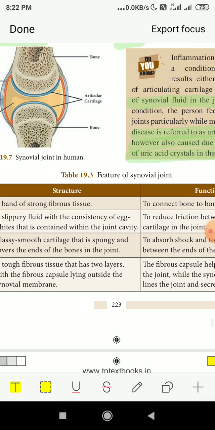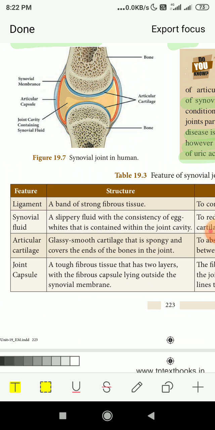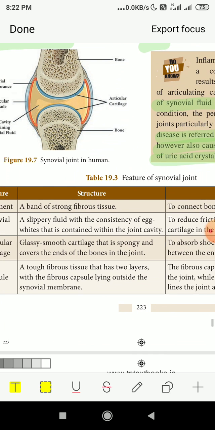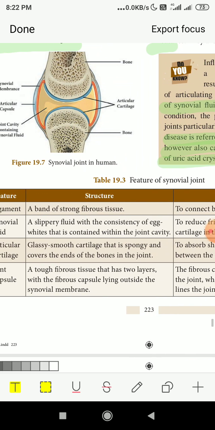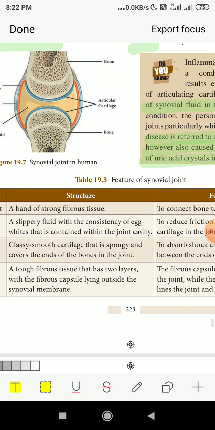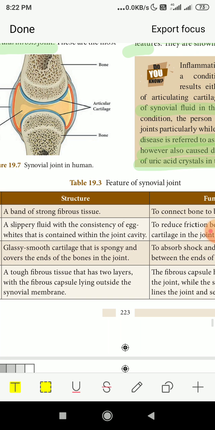Now next come the features of the synovial joint. Structure, ligament. A band of strong fibrous tissue, that is the definition of a ligament, connects bone to bone. Then is the synovial fluid, a slippery fluid with the consistency of egg whites that is contained within the joint